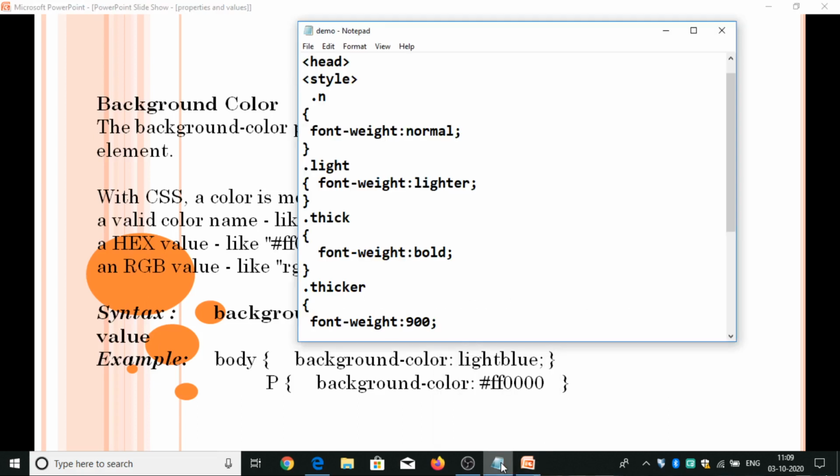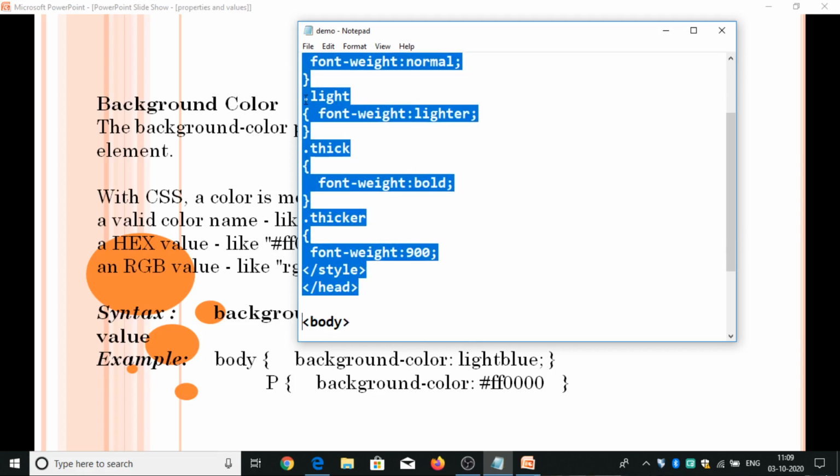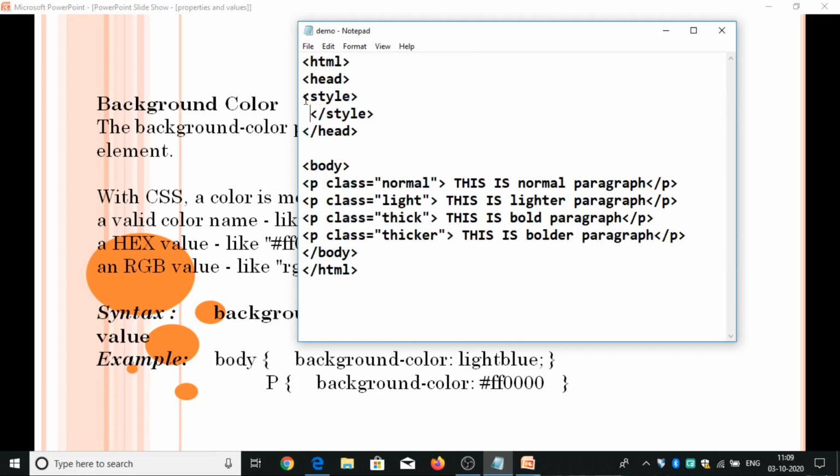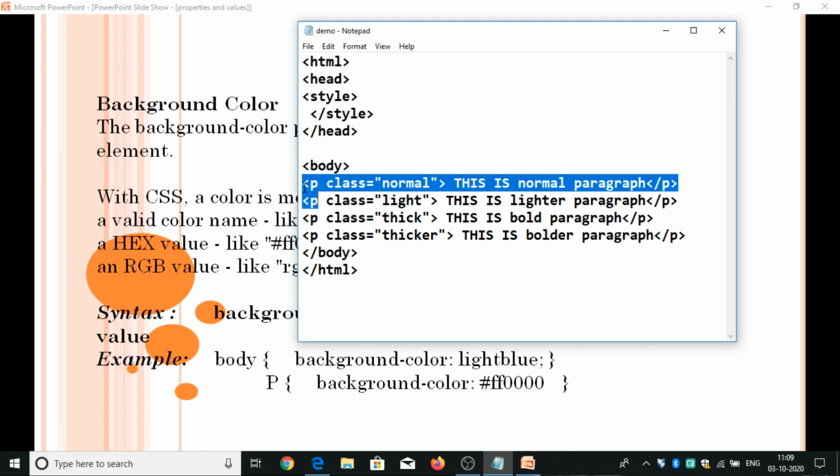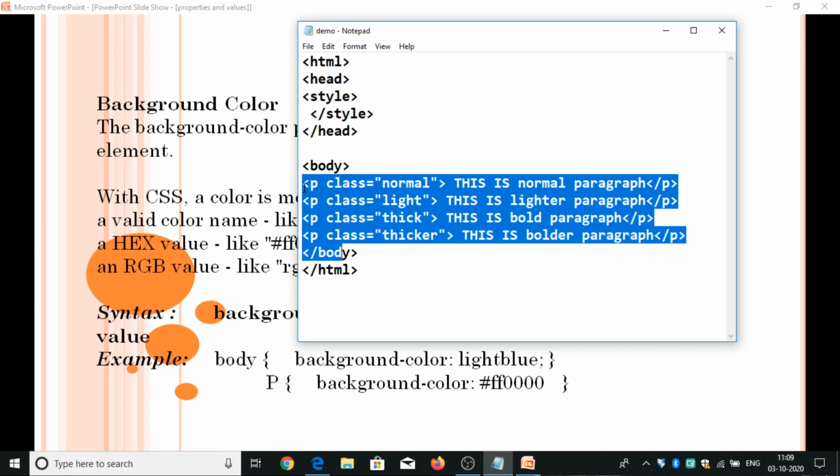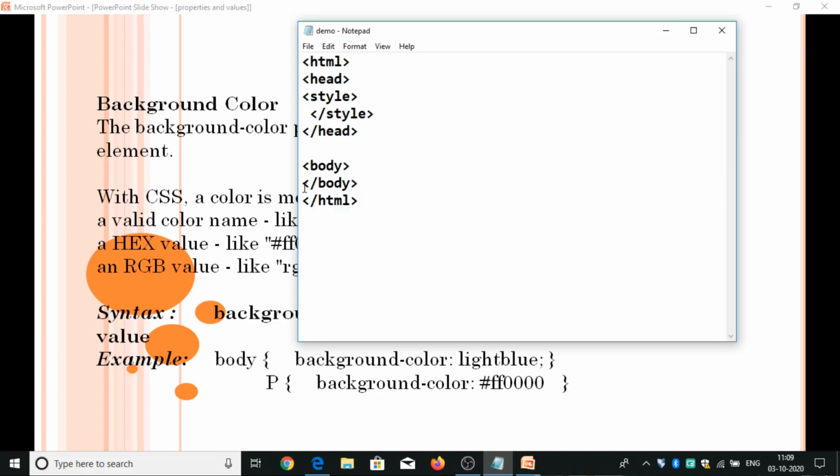Let's see the example for these background properties. Let's remove all these. The property name is background. We have seen these properties in previous classes, on types of cascading style sheets and with the element selectors.